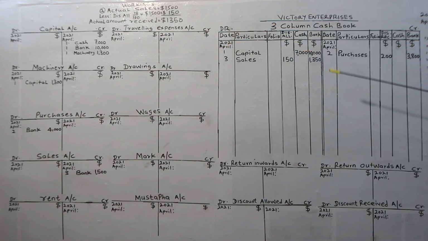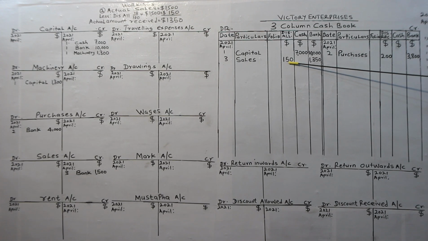Of course, if you observe, you will notice that $150 is recorded under the discount allowed column, while $1,350 is recorded under the bank column. If you add $1,350 plus $150 to give you $1,500. However, the actual amount that was received from the sales is $1,350, while $150 has been lost as a